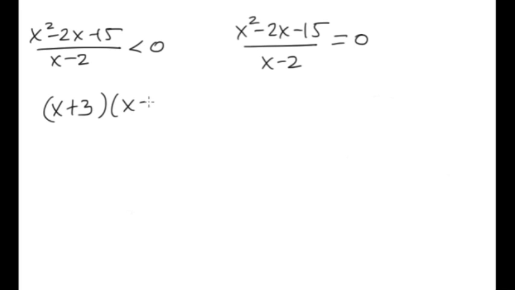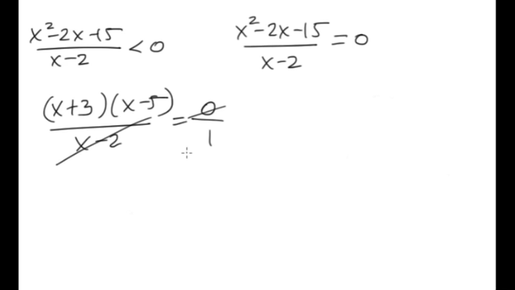What do we get here? So first of all, we need to switch this to an equation, right? So this becomes x minus 2 is equal to 0, and if we factor, we get x plus 3 times x minus 5 over x minus 2 is equal to 0. If we cross multiply here, I guess we could say we're cross multiplying, right? So 0 times x minus 2 is just going to be 0, so we can cross that out from the equation entirely, and we're just left with x plus 3 times x minus 5 is equal to